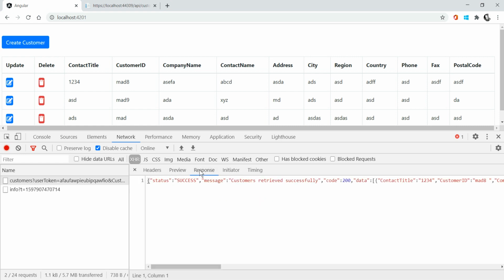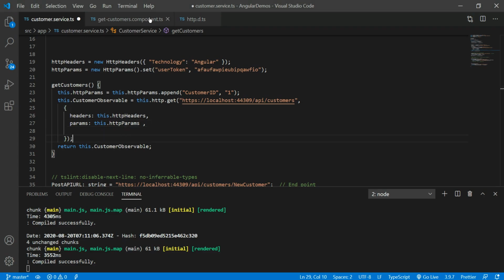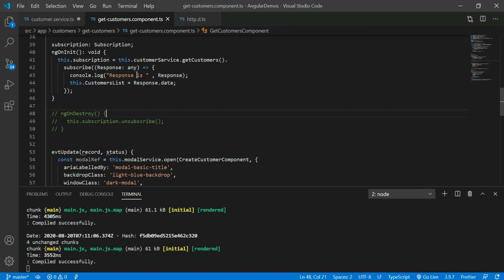But let's say I wanted to give this JSON format in text format to the subscribe method. By default, the subscribe method works based on the JSON format. This response right now contains the JSON format.